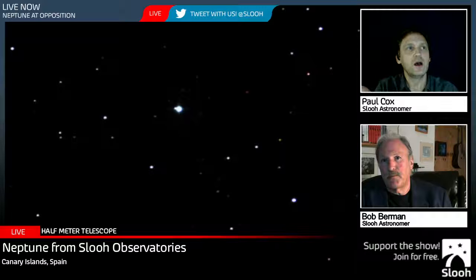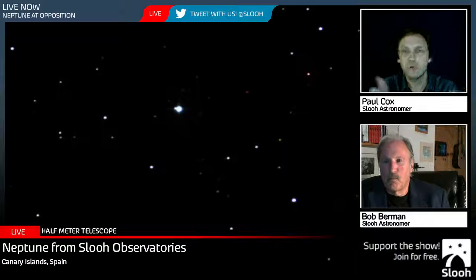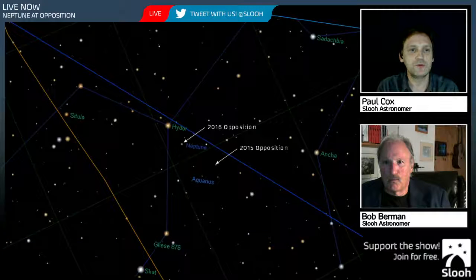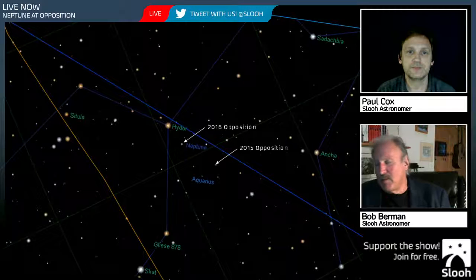But of course, one thing that I did wonder, going into retrograde, is when a planet's apparent motion kind of appears to stop in the sky. But we've got that little chart again, actually, Bob, where I marked up where Neptune was at opposition last year, and it's only moved 2 degrees in the sky. I mean, that's the equivalent field of view of a constellation camera. So do you think that may have had something to do with it not being discovered and spotted as a moving planet earlier? Oh, absolutely, Paul, because